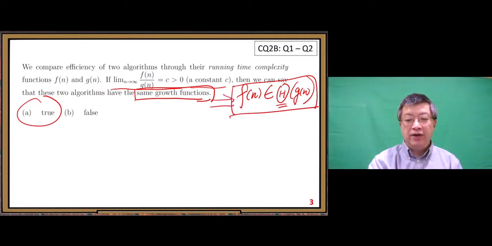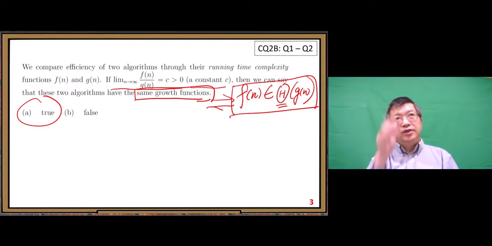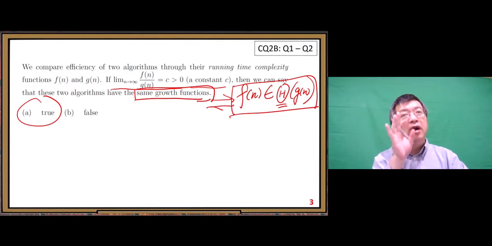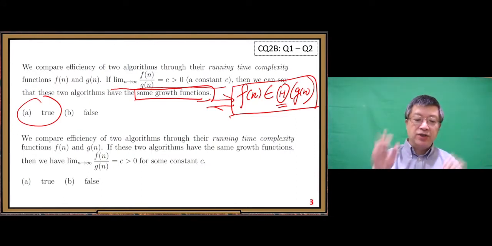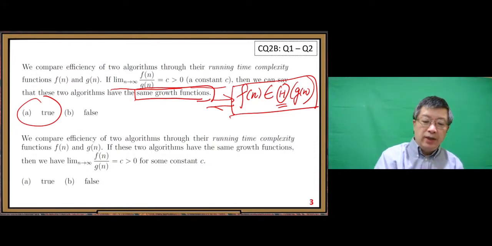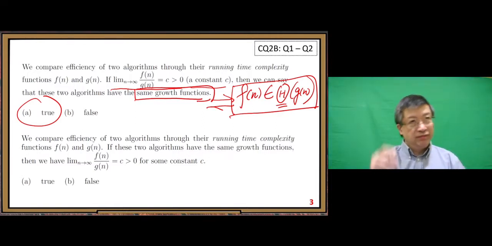All right. So with that, we have another related question, similar but different. It says, 2 functions, f of n, g of n. If these 2 algorithms have the same growth function,